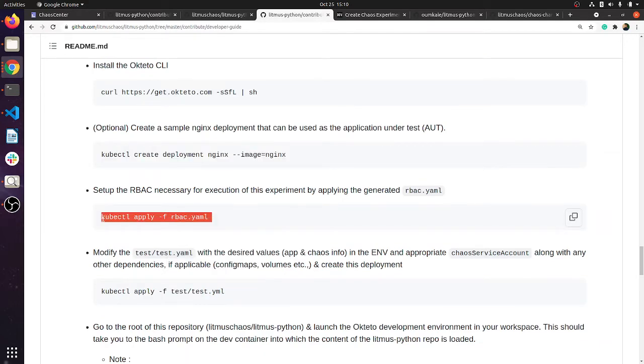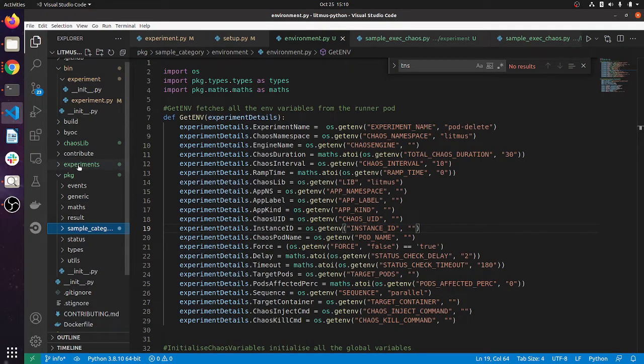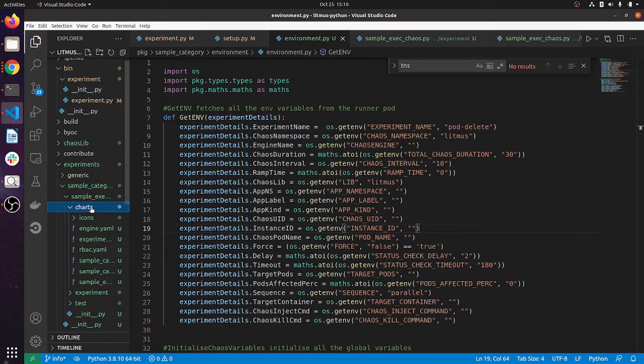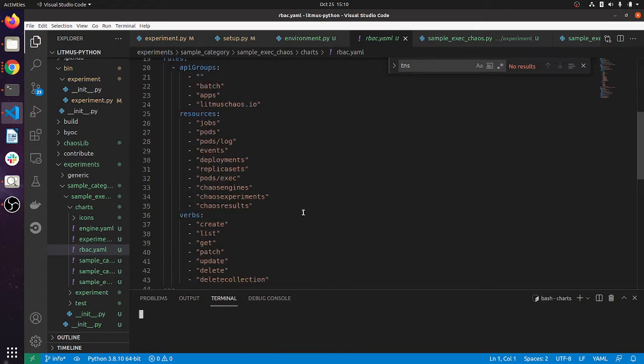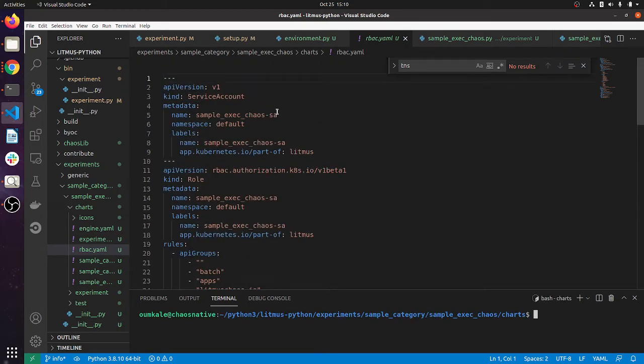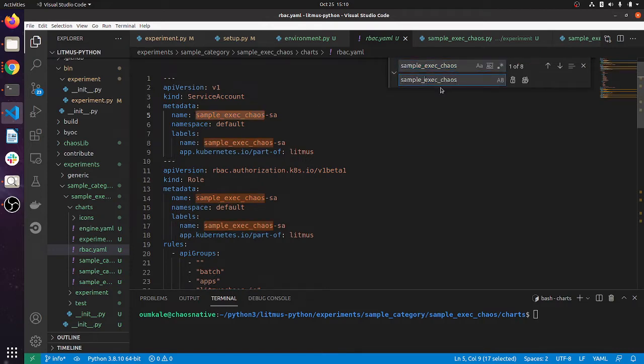We also have to install the RBAC, which is present inside the chart. Before updating that, let's make sure you have updated the names for this. Just update this.